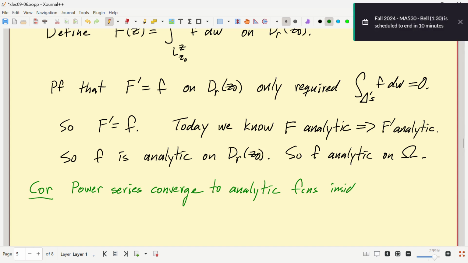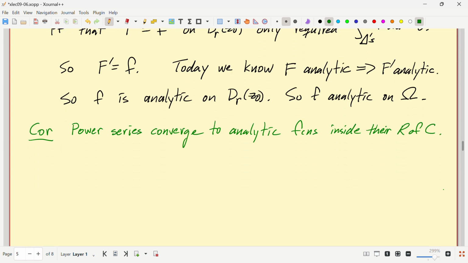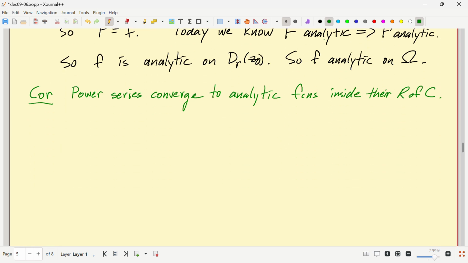Inside the radius of convergence. And the proof is a snap. Let me tell you how it goes. Proof. I'm going to use Morera. So let's suppose the radius of convergence